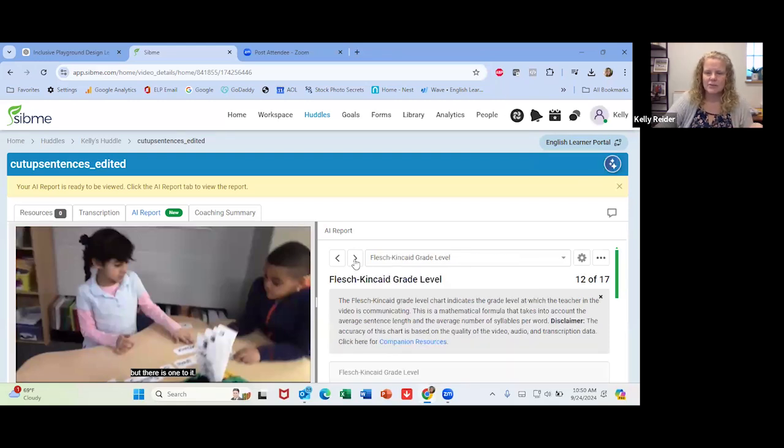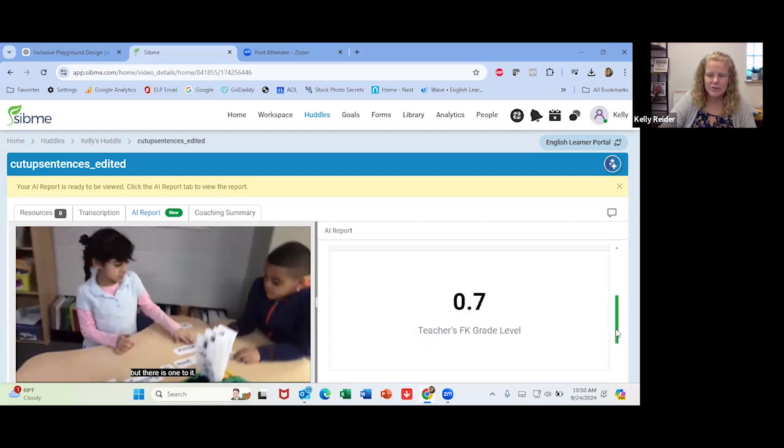So all of the reports go on and on. We also use this, what grade level language was being used. The teacher's language here was at a 0.7, so a K1 language level. That's a great piece of feedback. These are beginners, so we do need to keep the language simple, but we could push this up a little bit and try to get it a little closer to grade level, and then we can have a great conversation about how we could do that.